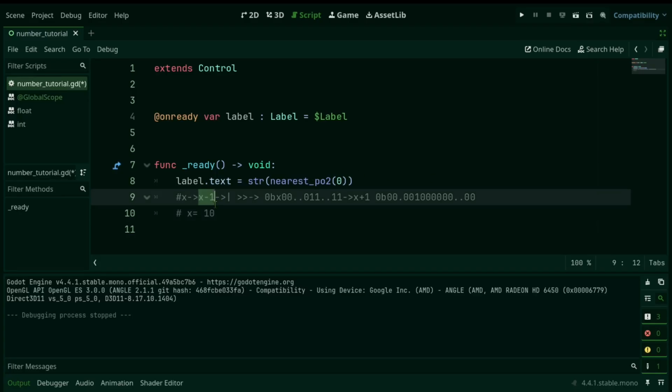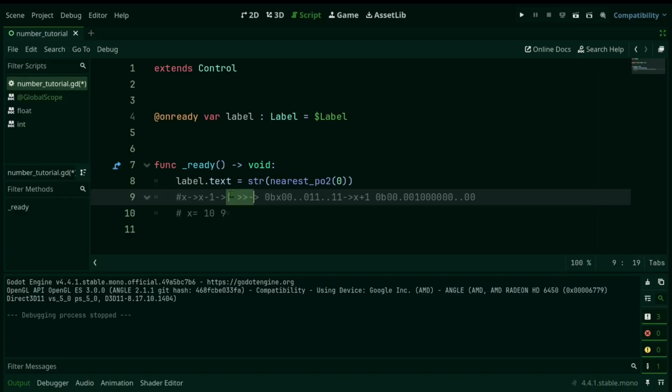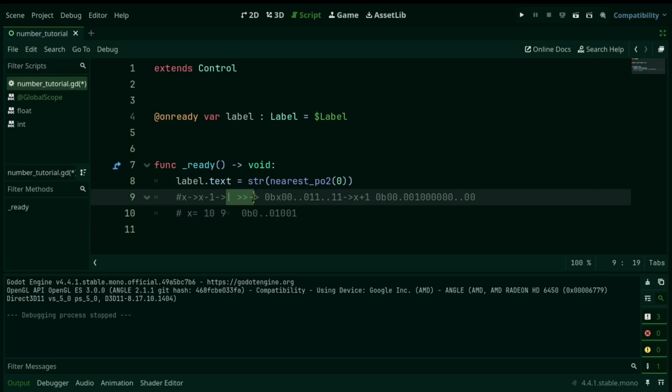Then we have to subtract 1, so it becomes 9. And then, with the OR and the shift operators, this is the binary representation of 9. And after we use this part of the method,